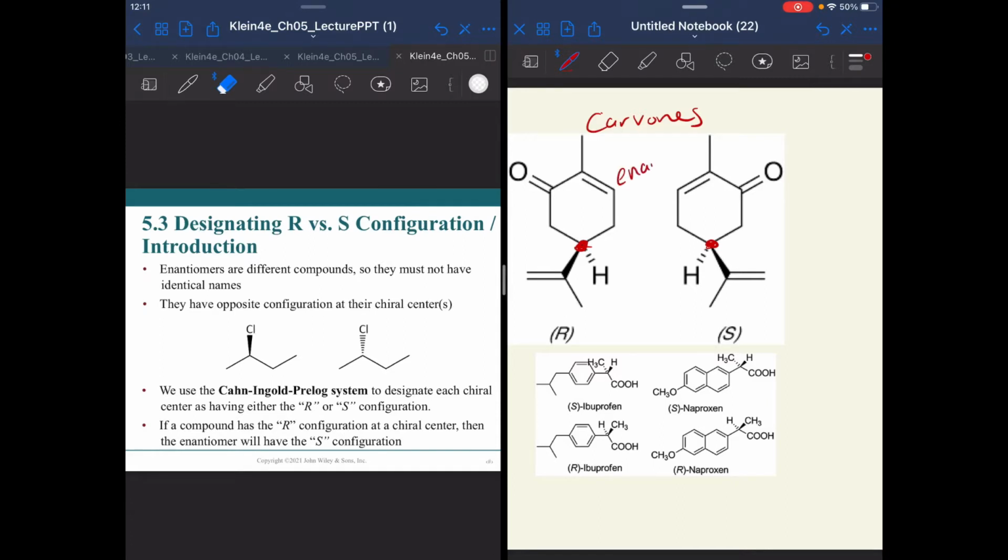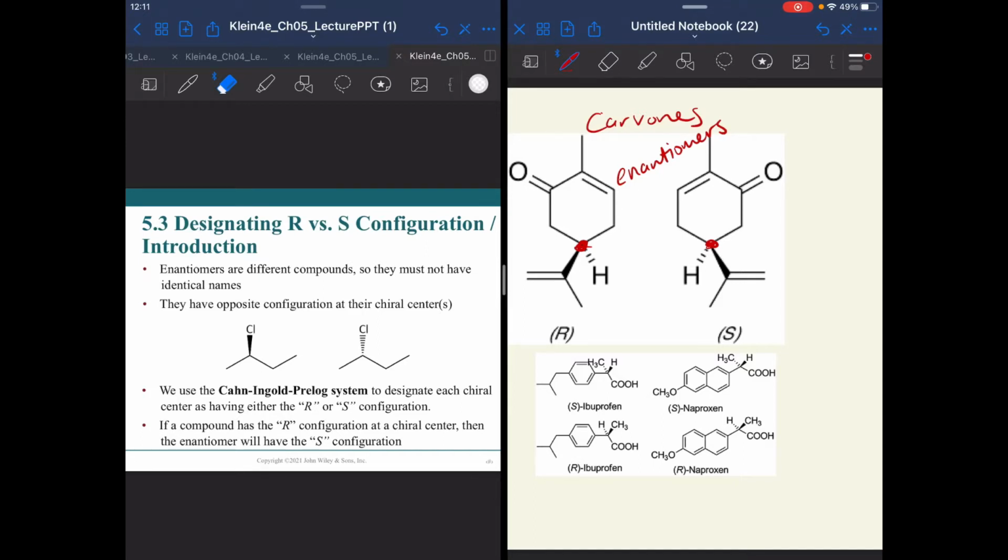If these are enantiomers, something to note is they're going to have identical properties in almost every way. They're going to have the same boiling point, the same melting point, the same densities, oftentimes the same way they look. But they will have a couple of key differences. Optical activity, which we'll talk about in Part 4, but also just the way it behaves with other chiral compounds,